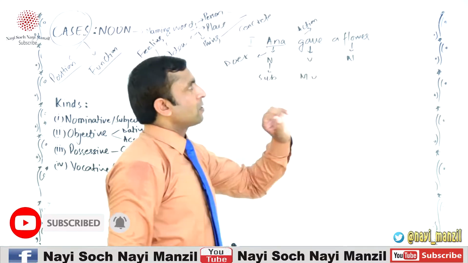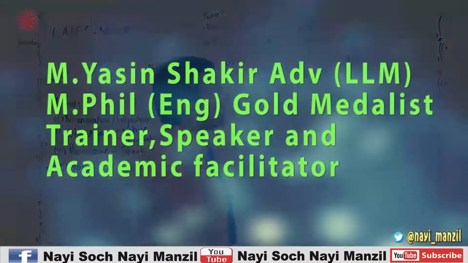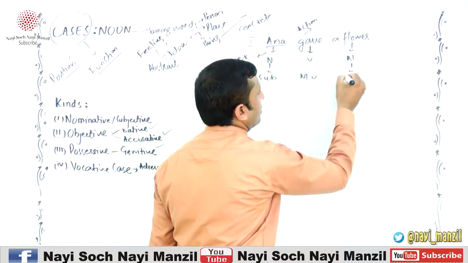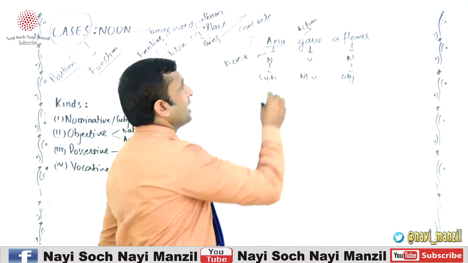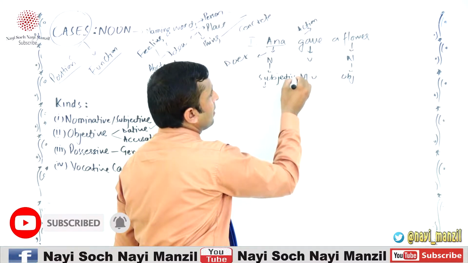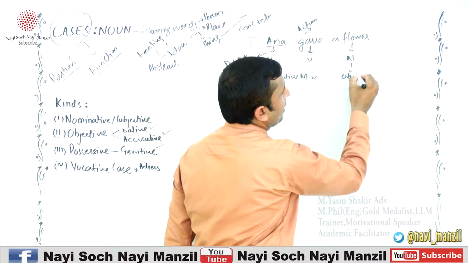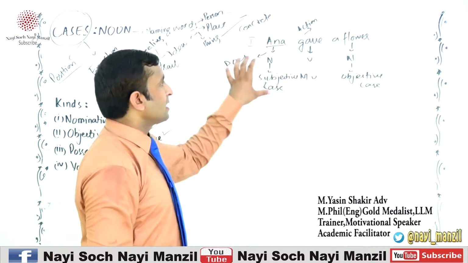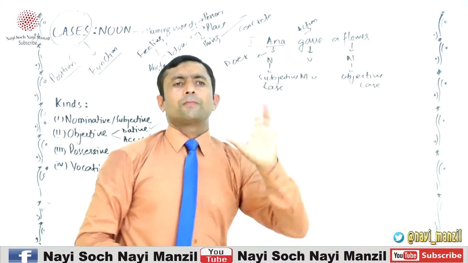But to see the function, this is the noun that receives the action of Anna. It's a recipient or a receiver. When there is a receiver, it becomes object. Now come to the next point. The subject who actually does something is in subjective case. And when we talk about the receiver, it's in objective case. I think you got the idea. The doer is in subjective case. The receiver noun is in objective case.